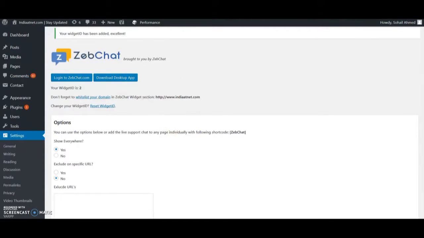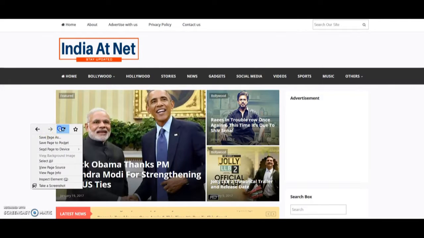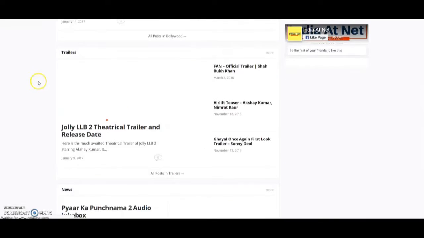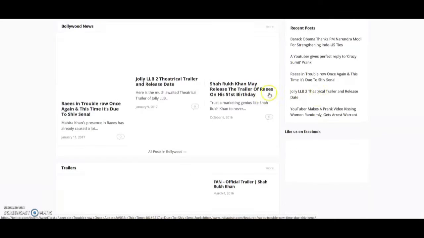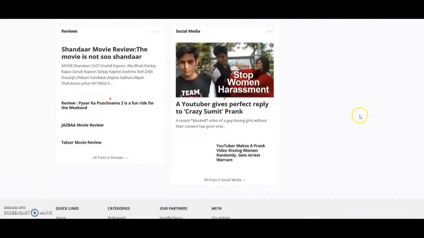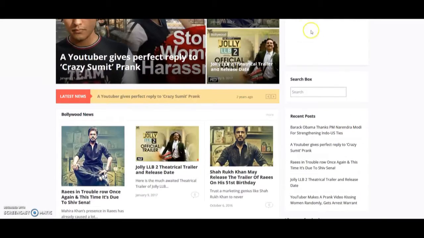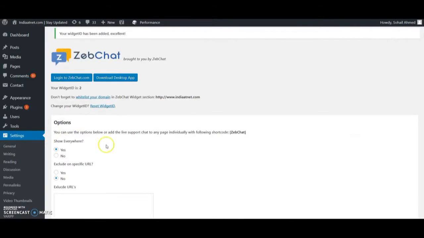Now let us try. Just refresh the page and see if the ZebChat plugin appears on the blog. I guess we forgot to whitelist the URL. Go back to the ZebChat panel, the main panel,